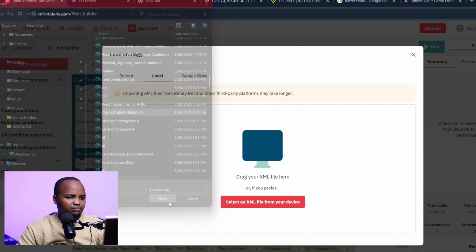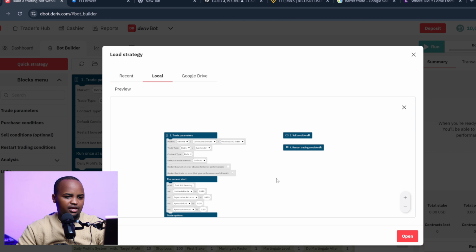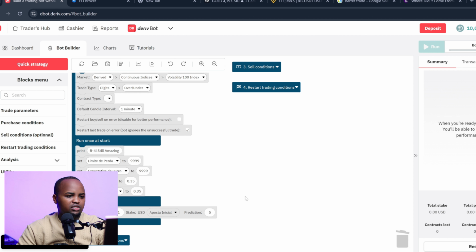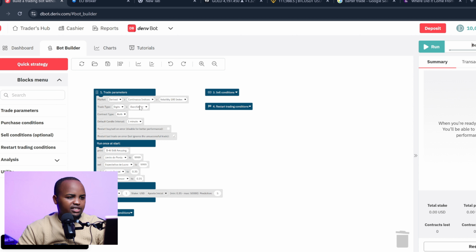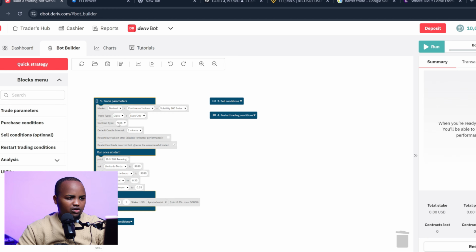Candlemind version 2. Yeah, so I open this bot and I want to select, you see it is over or under. I want to select even and odd digit. So I select even. So after every tick that you see here, the market is moving this way. The last digit is actually what it's going to select, and you are predicting it to be an even digit. How much are you going to place here? Assume your account has $10,000. Let me put $100. Okay, let me put $100.